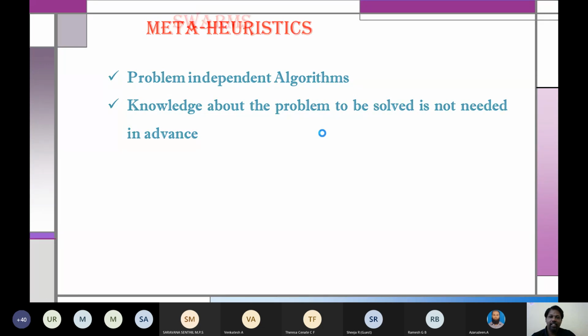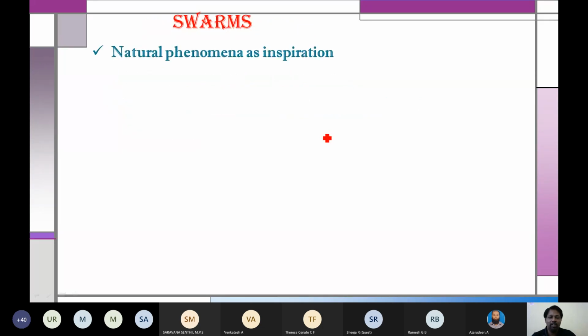Okay, and mostly these will be coming under swarm intelligence. It is actually a natural phenomenon, or whatever happens in nature, the same behavior is converted into mathematical expressions. So just for example, let me tell. Let me take human beings itself. Assume that you are driving some vehicle. Assume that I have a level crossing there. That is, a train is crossing there. Okay, so when you are going through a vehicle, you will be stopped at this end, right?